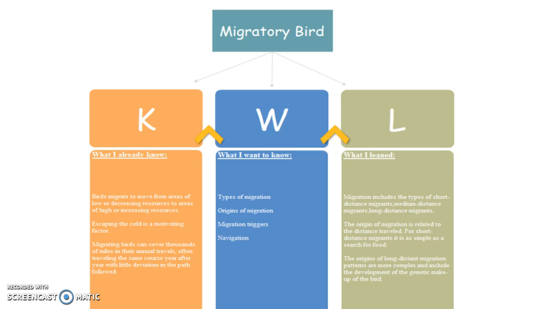If I was a teacher teaching in my own classroom, I would definitely focus on the W column, because in the what I want to know, you can see what is going to really engage your students. And that is the material that is like the navigation of the migratory birds, the migration triggers. You might not actually cover that. And that might be something you want to incorporate next year because you see that students really are wanting to